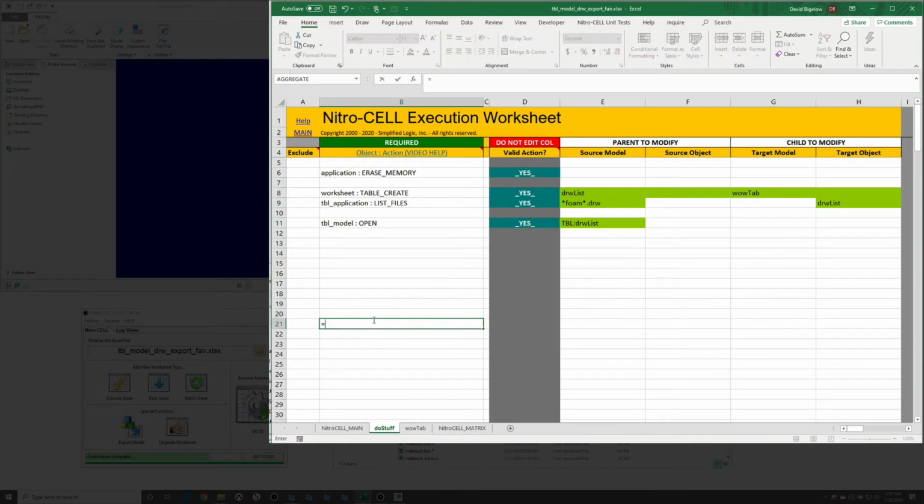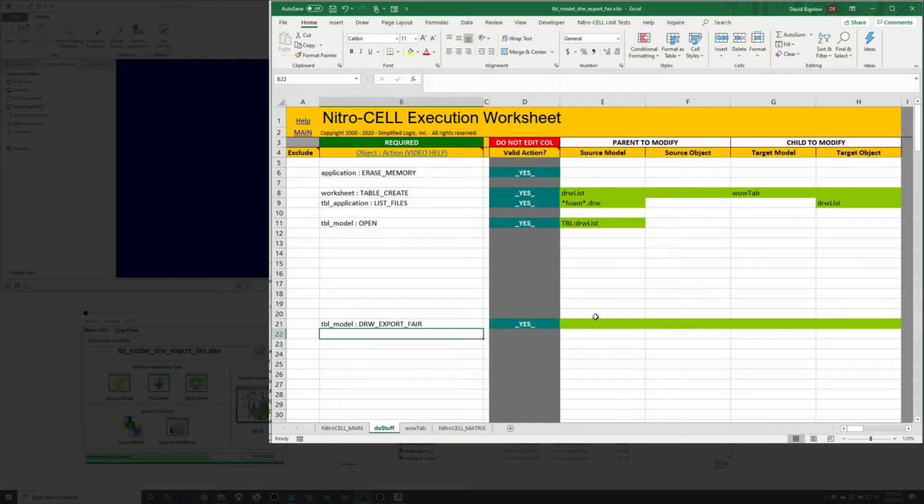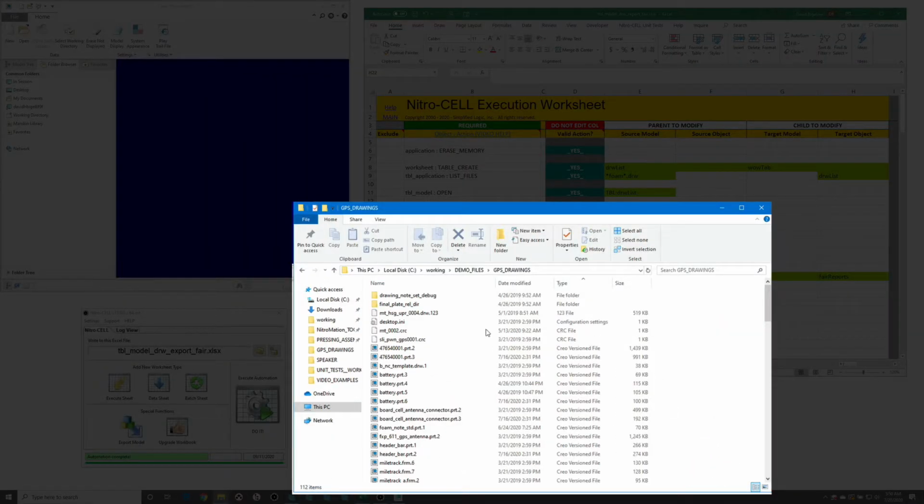Okay, so let's take a look at what it takes to get the FAIR reports. I'm going to look at the table model FAIR export, and it requires a table as an input. Very much like we used a table for the table model open, we can use that for this draw export FAIR also, except it has a different column requirement. You can also use your own symbol if you want to. Just use our symbol or our Excel document as a reference for whatever you're creating for customization, and then a target directory. We'll call that target directory FAIR reports,